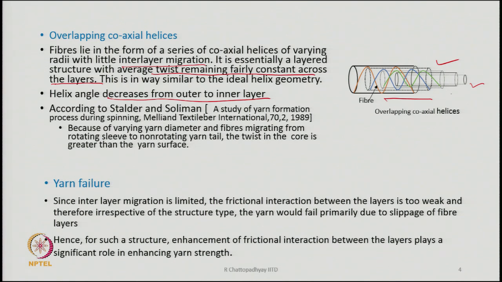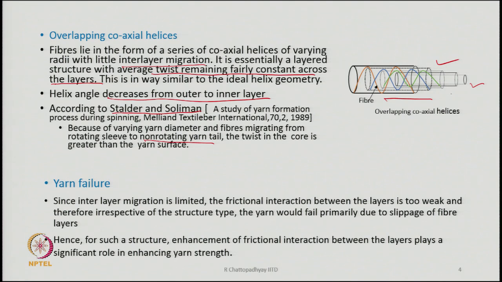There is another opinion by Stalder and Solomon, where they are also proposing that because of the varying yarn diameter and fiber migrating from rotating sleeve to non-rotating yarn tail. See, this I have not really discussed, but there is another theory, or you can say an idea given by these two researchers, that there exists a sleeve